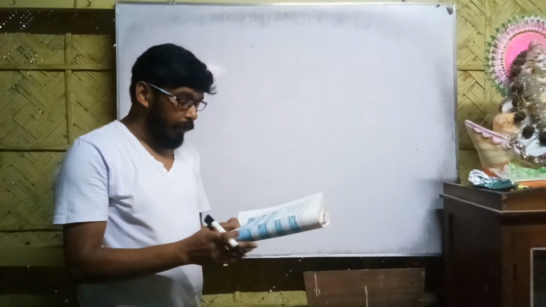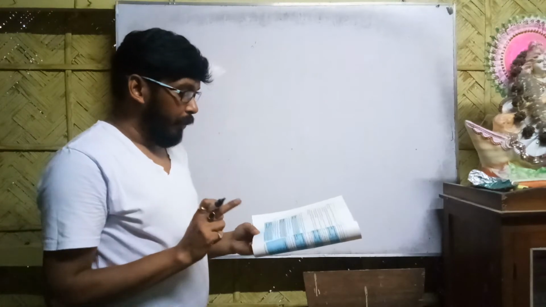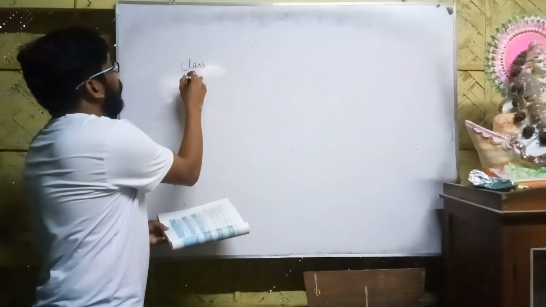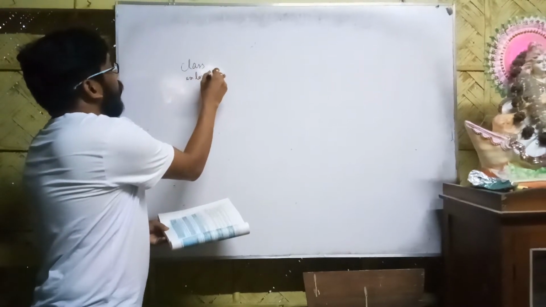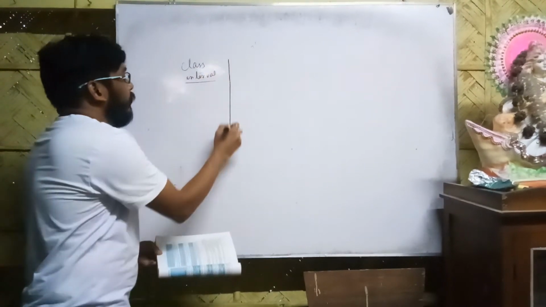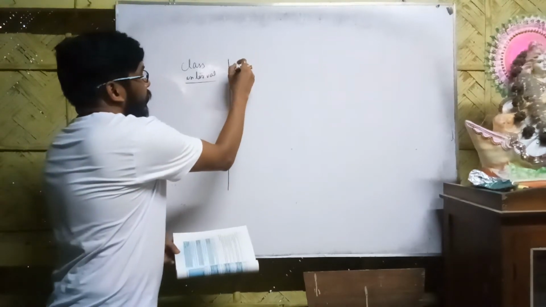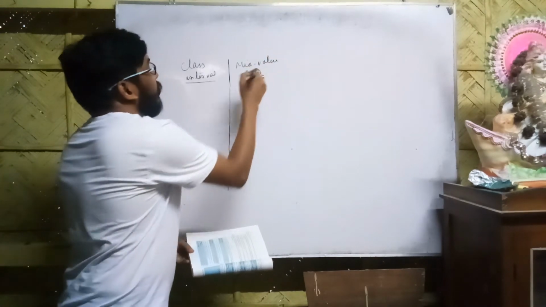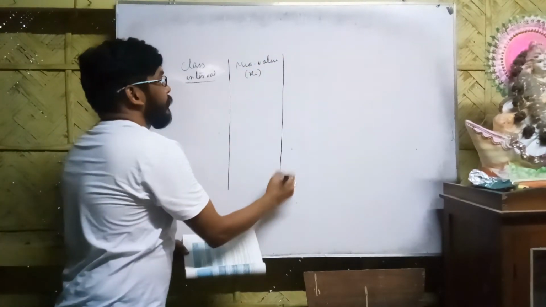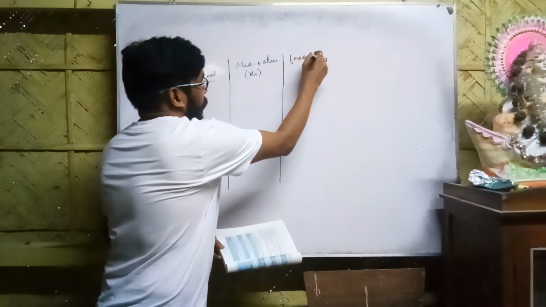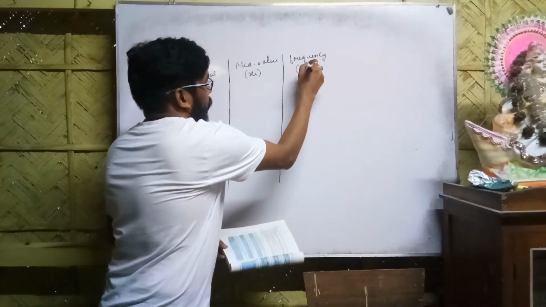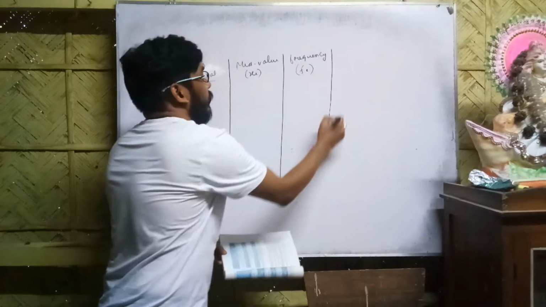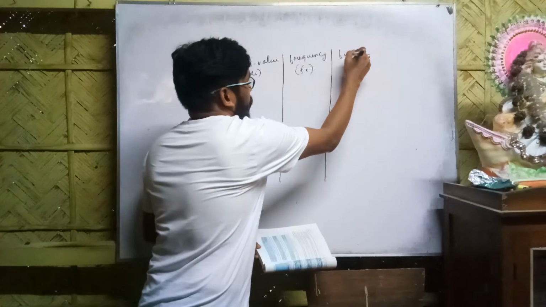So daily pocket allowance 11 to 13, and number of children. You can write daily pocket allowance also, you can write class interval also. So I write here class interval. To solve this sum also I will use direct method. After that you will get mid value, xi. Then it is frequency, it is fi. And the last it is fi xi.